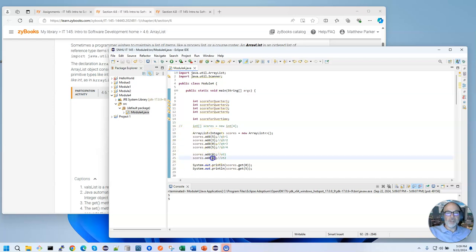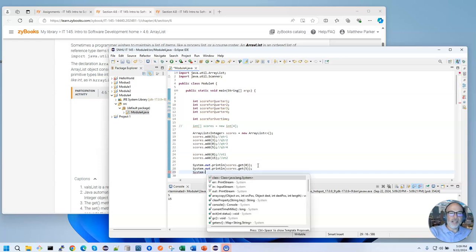So let's change this so that way we see that it's different values. So we'll say that they scored 15 points in overtime 2. They won the game for the team. So we've got a 5 and a 15. Great. What if we try to access